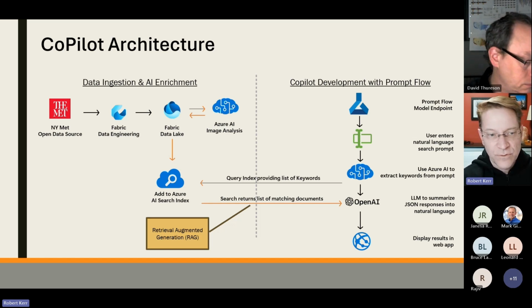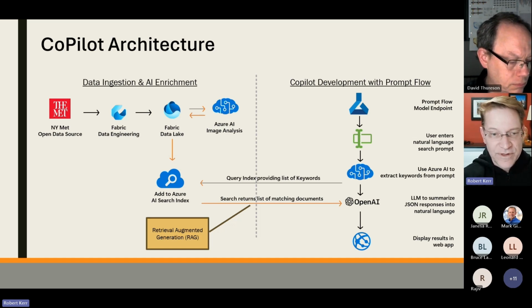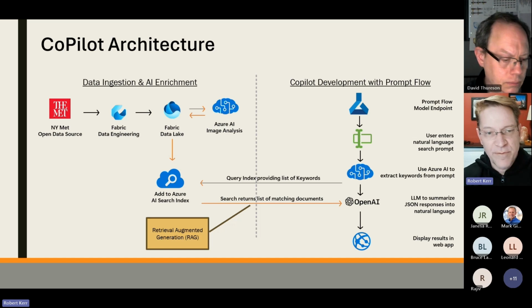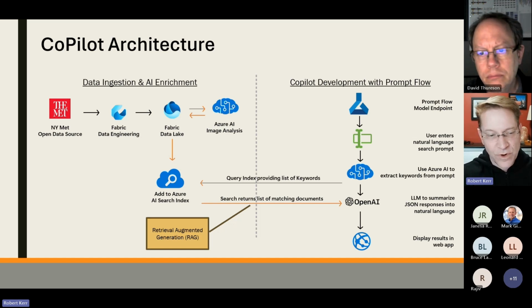And then while it's in the workspace, we'll run it through Azure AI to analyze the image. That will give us some more tags, some descriptions, the size of the image, but I'll show you what we'll get out of that. But we don't have to do this manually. We can use some AI models to help us with that. And then once we've enhanced it, instead of 10 columns of information, now we'll have 20. We're going to put that into an Azure AI index,